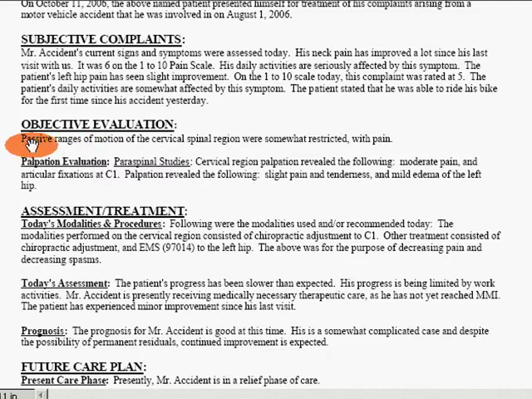Objective evaluation. Passive ranges of motion of the cervical spinal region were somewhat restricted with pain. Here we have palpation. Cervical region palpation revealed the following: moderate pain and articular fixations at C1. We also had slight pain and tenderness and mild edema of the left hip. Anyway, the point is,